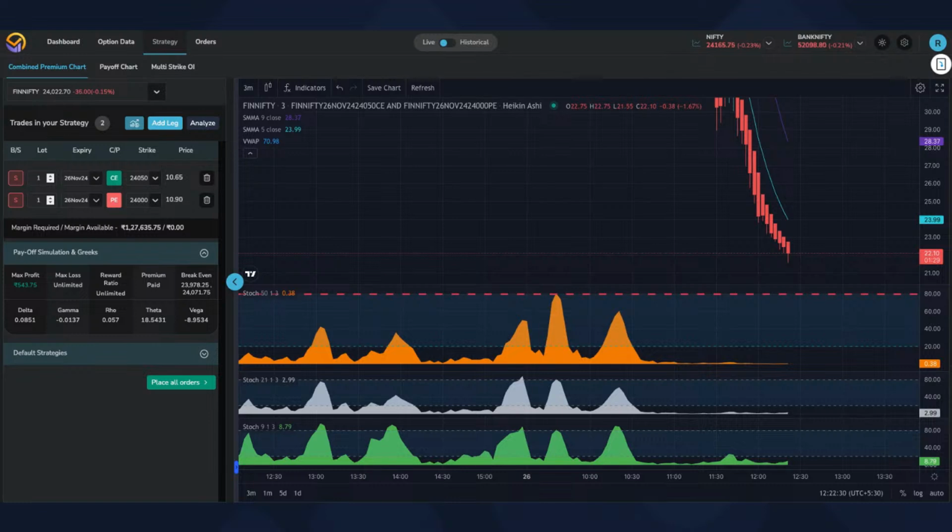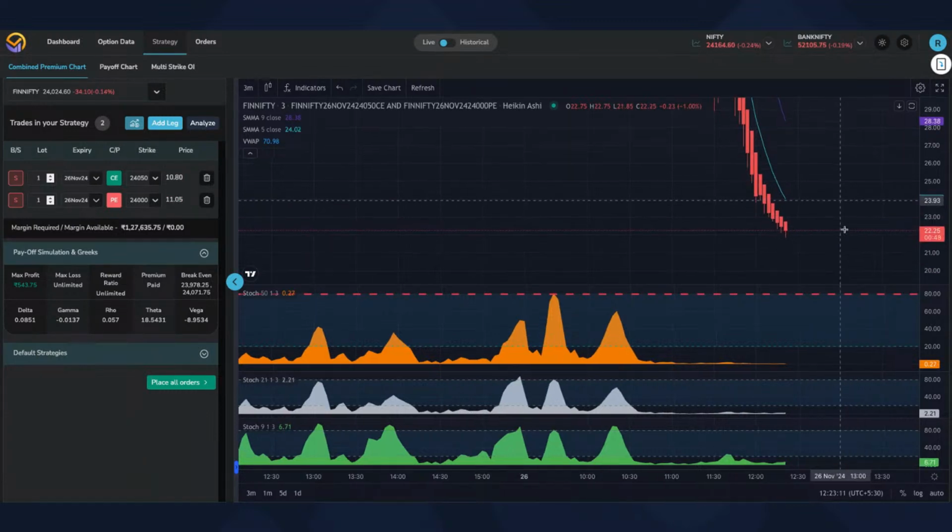It's 21.85, and so I will actually put some condition: greater than 23, sell 200; less than 18, sell 200. Let's see. So I had put a condition in case it goes to 23, I'm going to sell some more. And same in case it actually falls to 18, I'm going to sell some more. That's the condition. So right now it's at